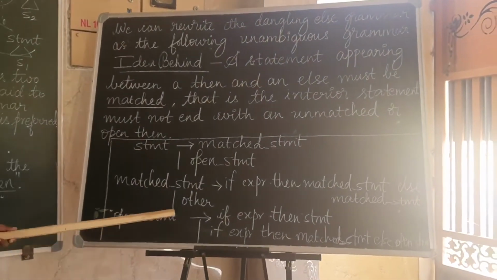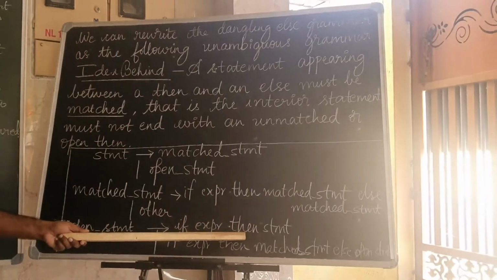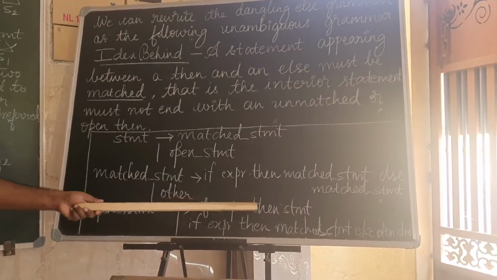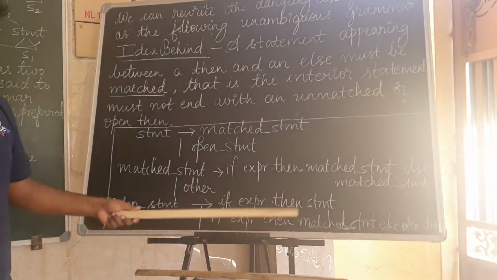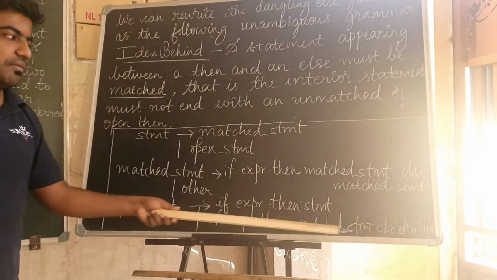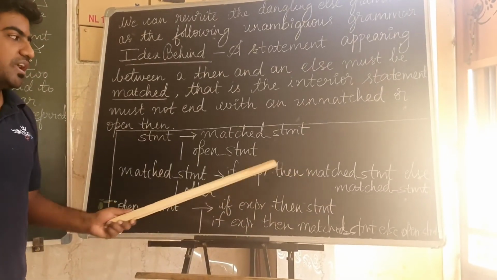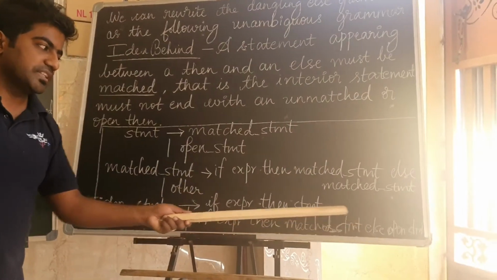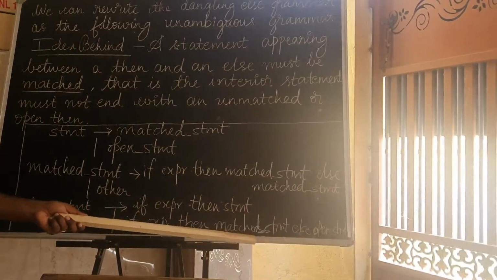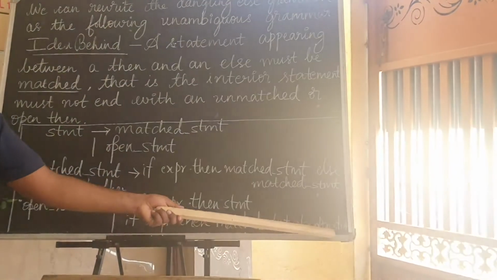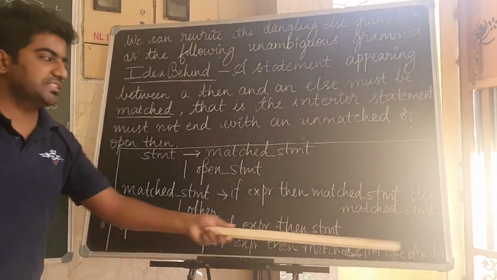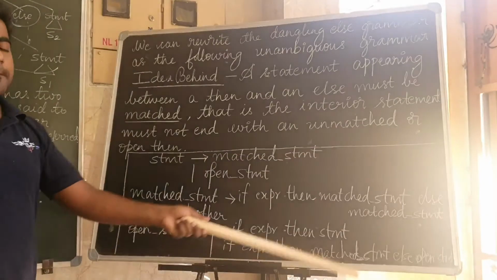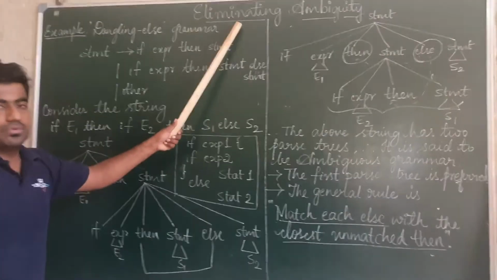When coming to open statement, we are considering if expression then statement. If expression then statement, we have if and then, or in this production also, if expression then matched statement. See, what is the interior statement? Matched statement. Again matched statement means what? If and then will be present in the same statement. This interior will have if and then, else open statement. This is no problem because this is matched statement. Else open statement means it may be if expression then statement also here. So this will not mislead us as the above considered grammar. Understood? Thank you.